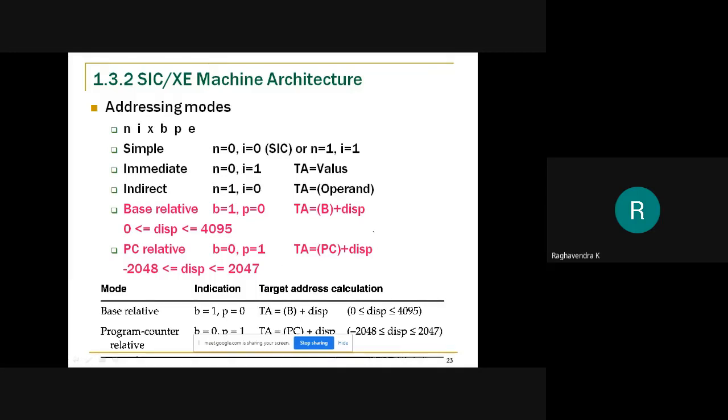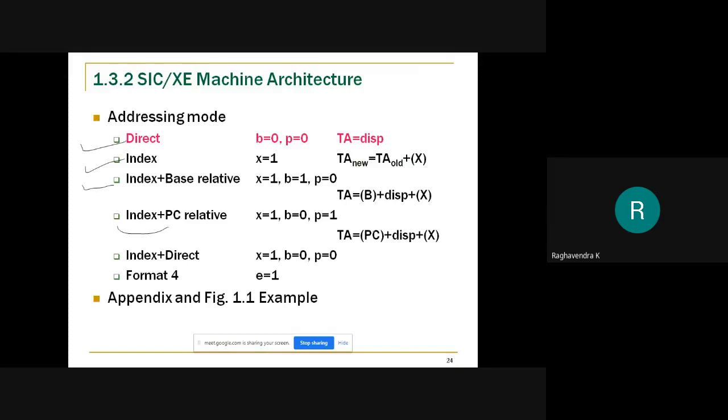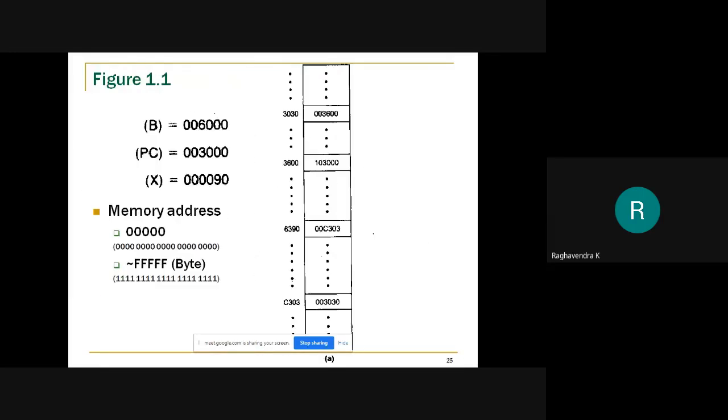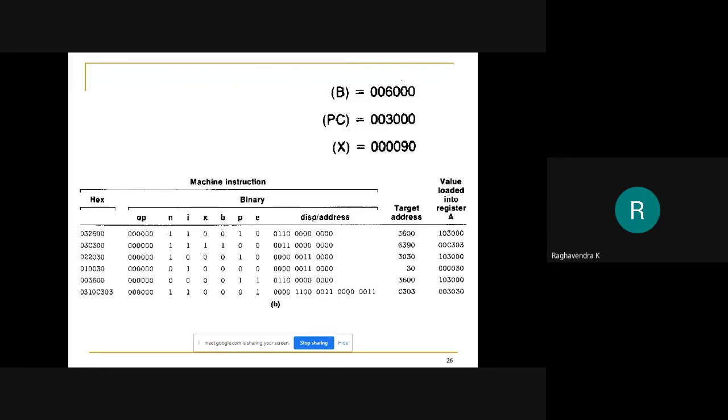We also saw an exercise where we tried to understand how the binary code or the instruction is going to be executed or interpreted.